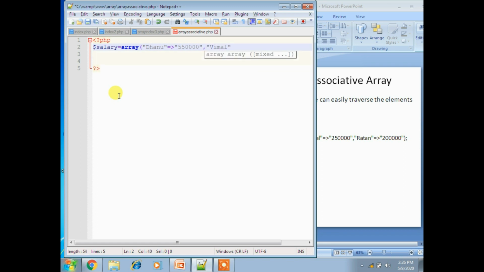And now I am using Vimal. Vimal will also have, I'll take, 2,50,000. Then I'll take Ratan, which has two lakhs.